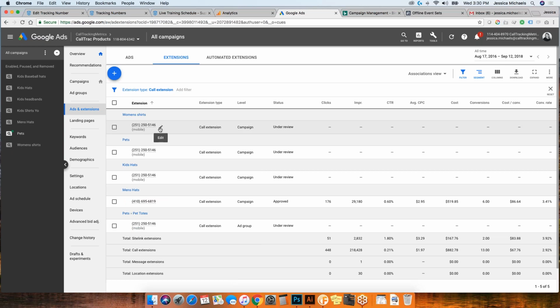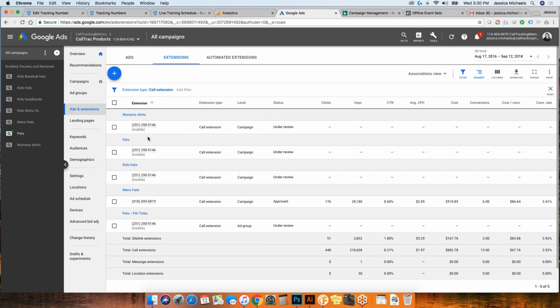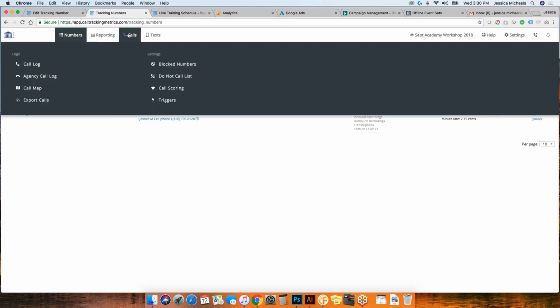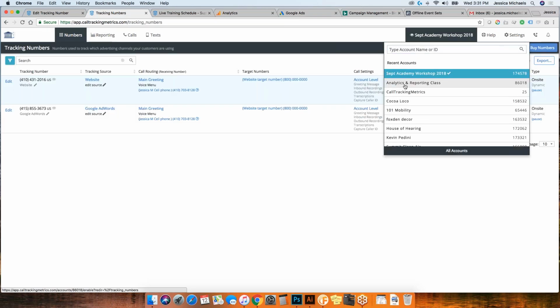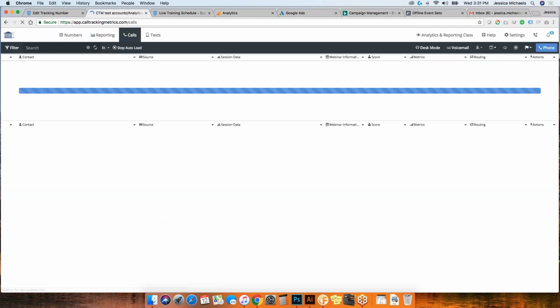Now it does get a little bit tricky, because if Google doesn't provide a forwarding number, they have no record that that call took place. So what's going to happen is we're going to be able to track the call inside of CTM, but we won't be able to attribute any campaign data to it, because according to Google, it never happened. So anytime, let me show you a report of what that looks like.